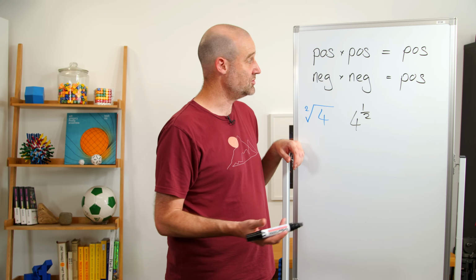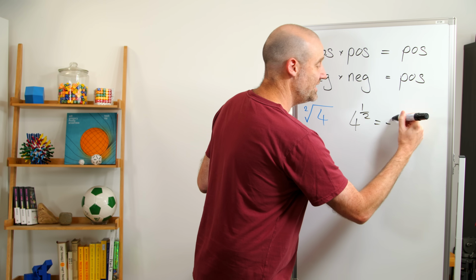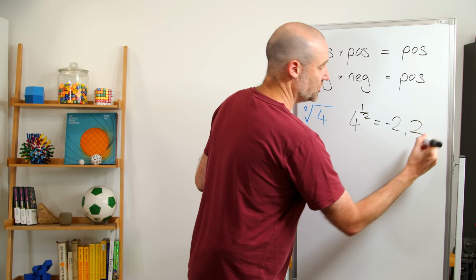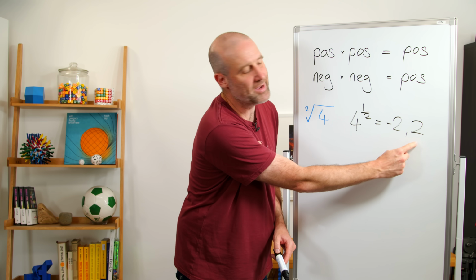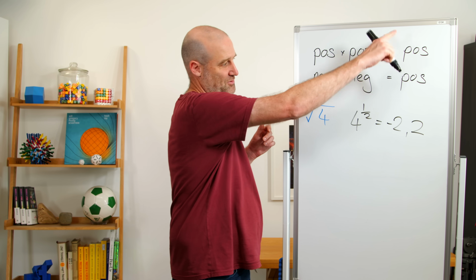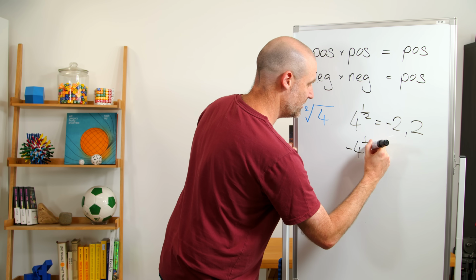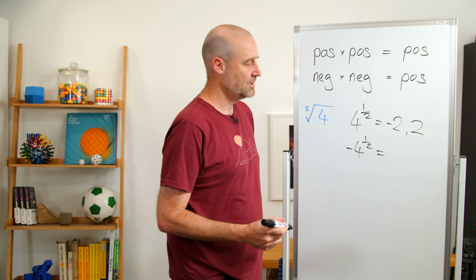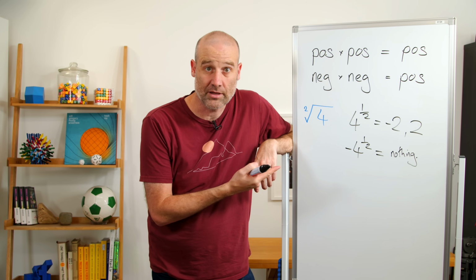You've got 2 ways you can square something and get back to +4. That answer is either -2 or 2. 2 different roots. And the positive one is the principal main root, but -2 is along for the ride. And sadly, because neither of these are negative, if we had -4 to the power of 1/2, that equals nothing. I'll write that down. Nothing.